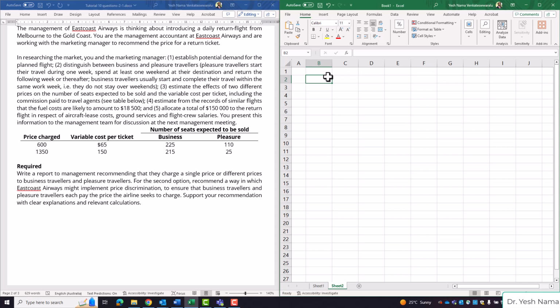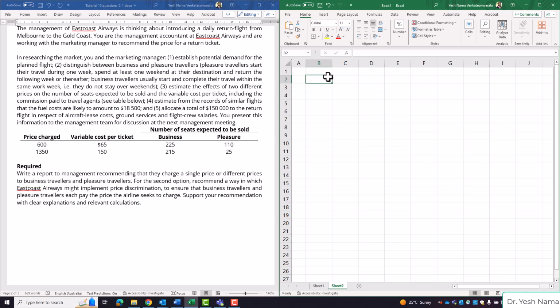So, if the price charged is $600 per ticket, then the variable cost per ticket will be $65, and you expect 225 business travelers and 110 pleasure travelers. On the other hand, if the price per ticket is set at $1,350 per ticket, then variable cost per ticket would be $150, and the number of business travelers expected would be 215, and the number of pleasure travelers expected would be 25. Required: Write a report to the management recommending that they charge a single price or different prices to business